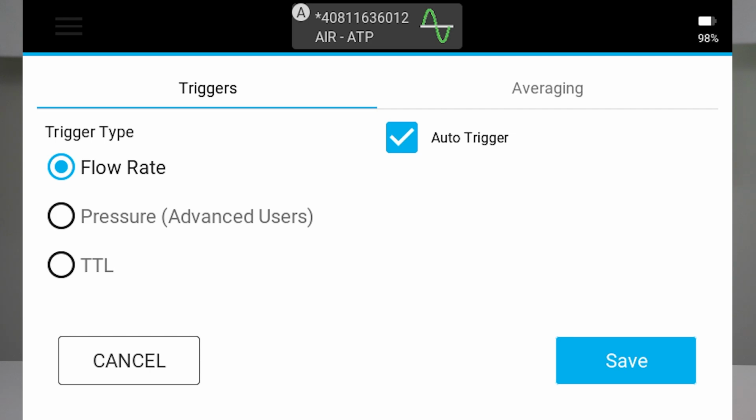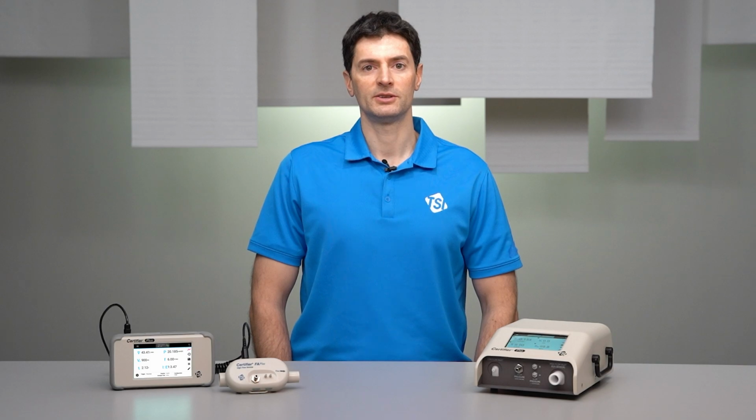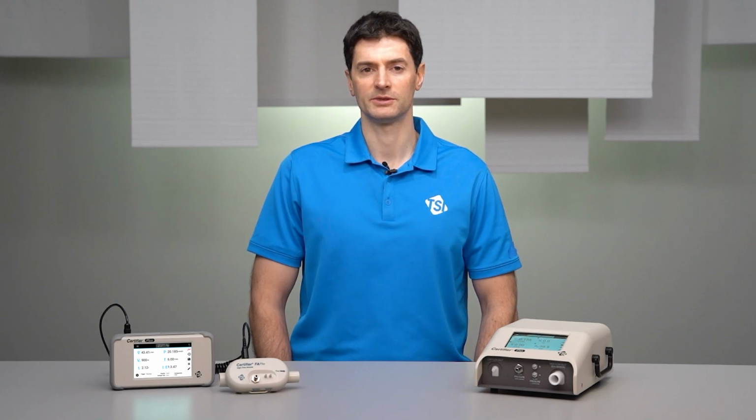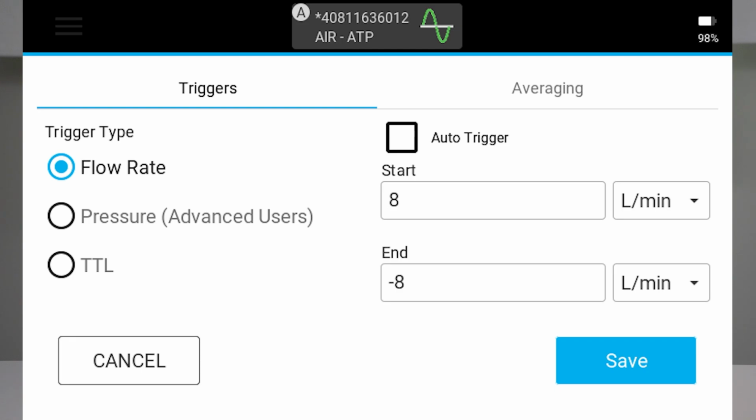Certifiers are capable of automatic breath detection based off the flow rate, and auto flow triggers will work for most test setups with bidirectional flows. It's recommended to start by using the flow auto triggers, and this option is set as the default trigger type for certifiers. If flow auto triggers are not providing consistent results, then you can use manual flow triggers. Unselect the Auto Trigger checkbox and specify your own flow rate trigger values.